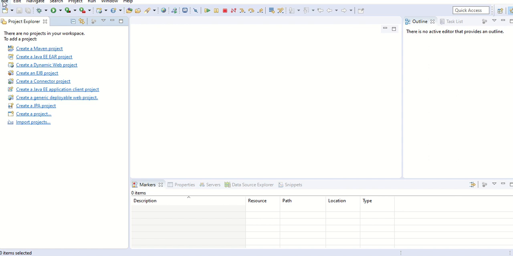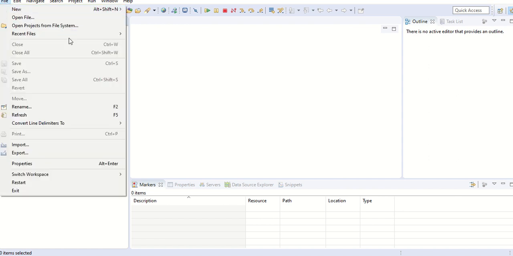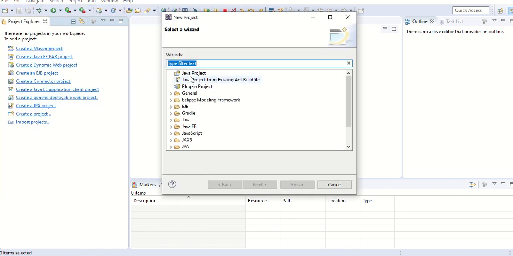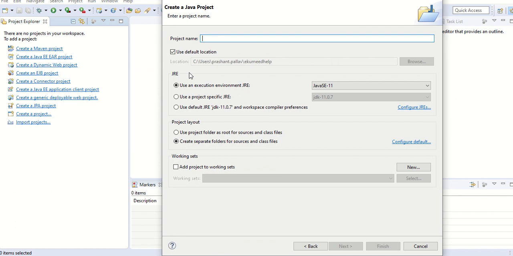First of all, go to the File menu, go to New, go to Project, select Java Project and give it a name. I'm giving the name Java for beginners.